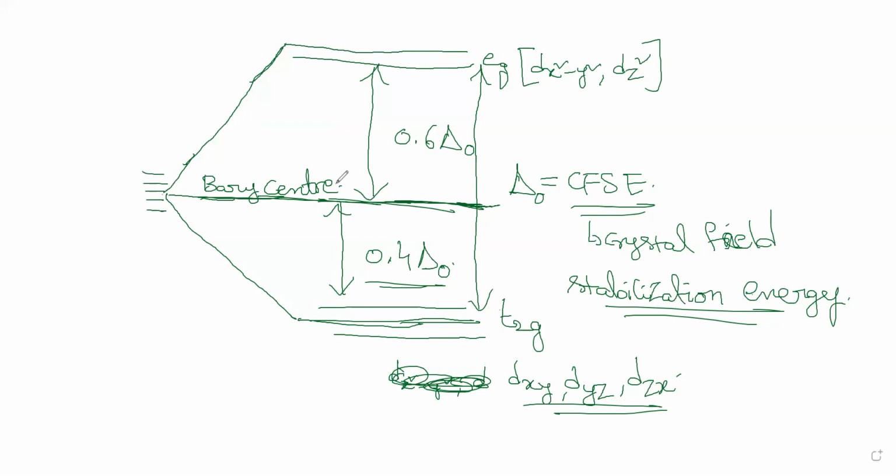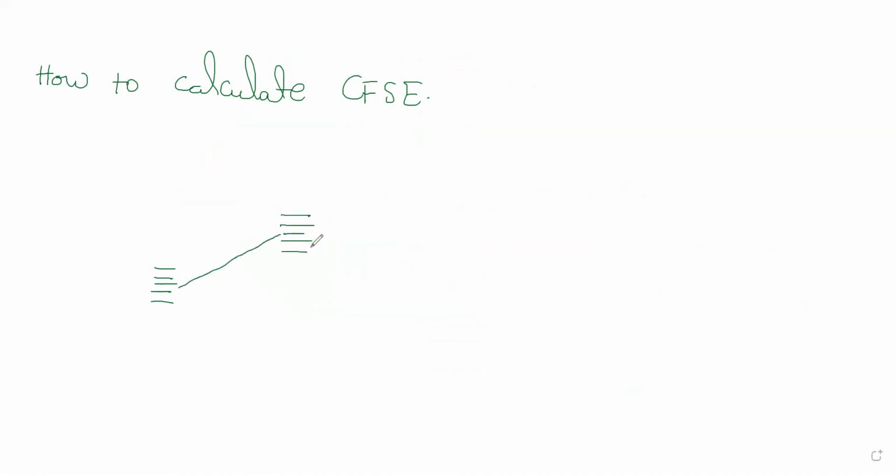Now how to calculate CFSE? The next part, now this is clear. So actually, strictly speaking, we have to draw this diagram like this. First, all 5 orbitals are lifted to a little bit of high energy. You may get confused, that's why I have not written this. All the 5 will be slightly lifted first. First, they will be at the ground state, slightly they will be lifted in high energy, and then they will undergo splitting.